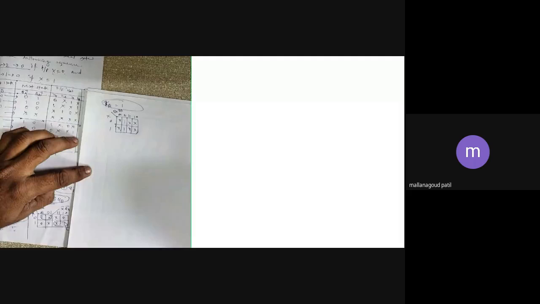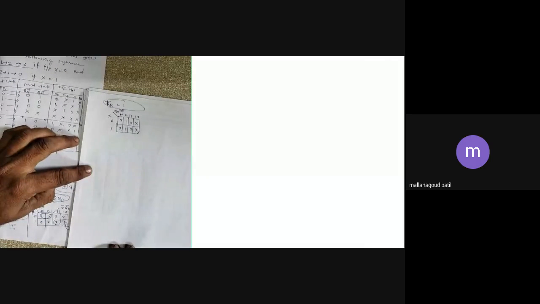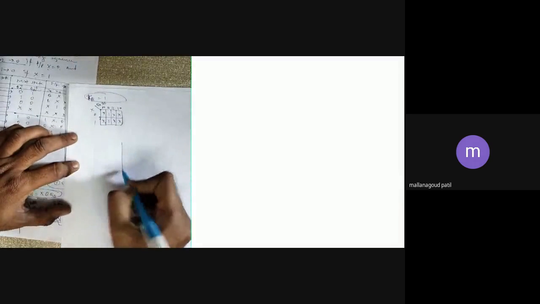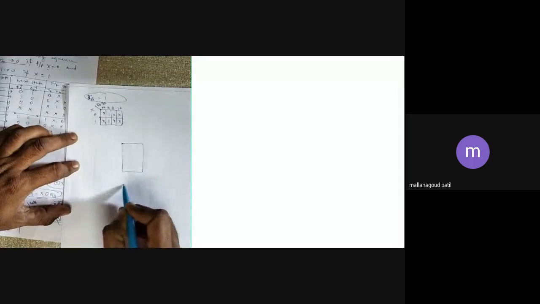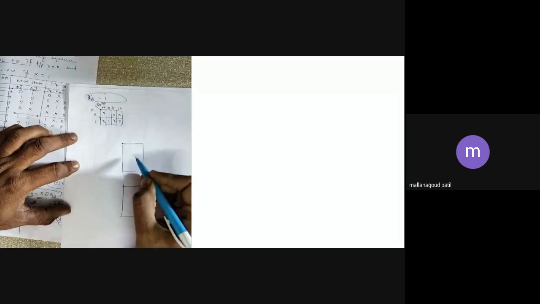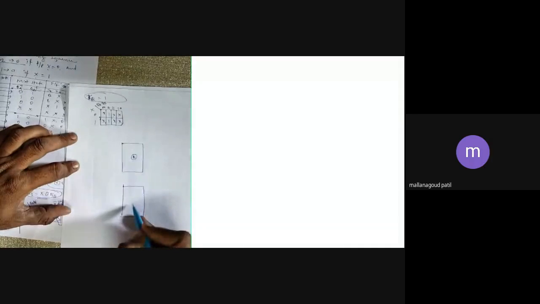When you write this as 1, now what do you have to do? You have to make the connections. Fast, I can connect here. How many flip-flops do you have? 2. 2 flip-flops. 2 bit means